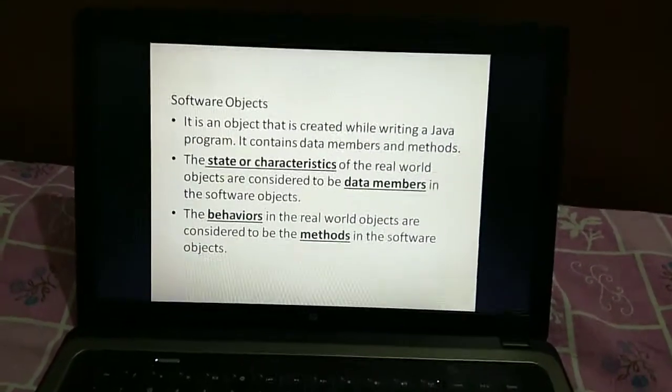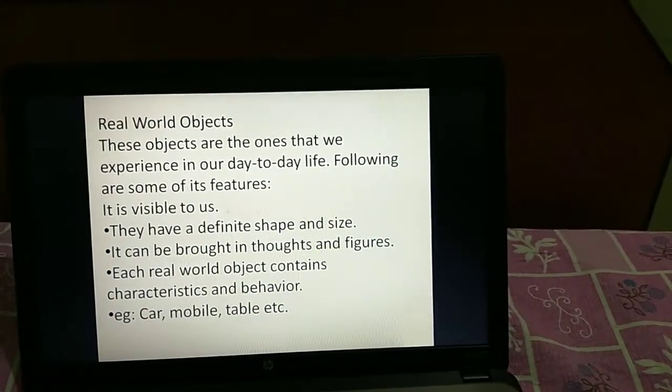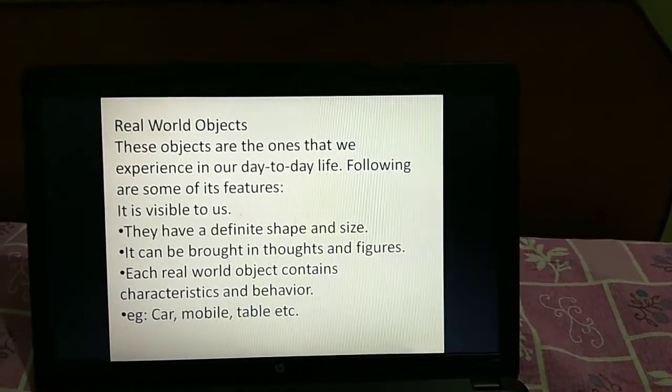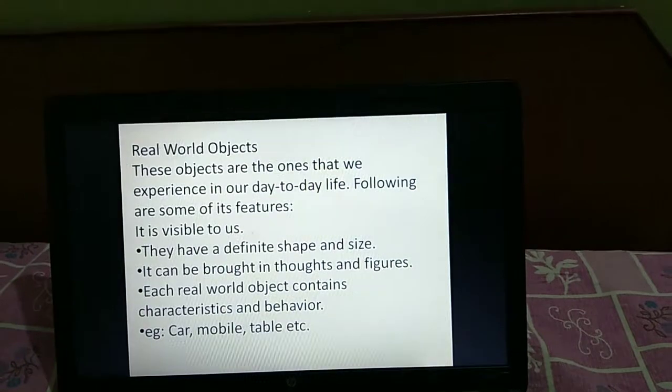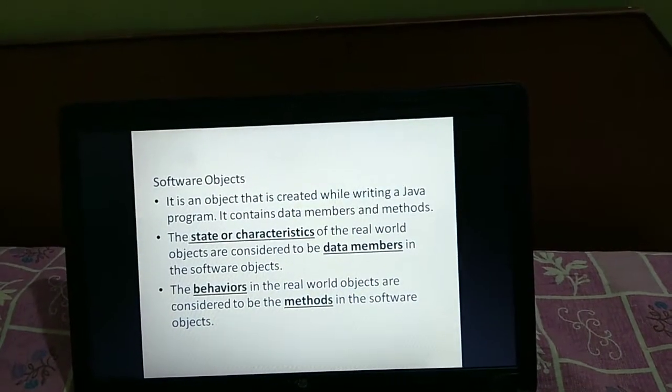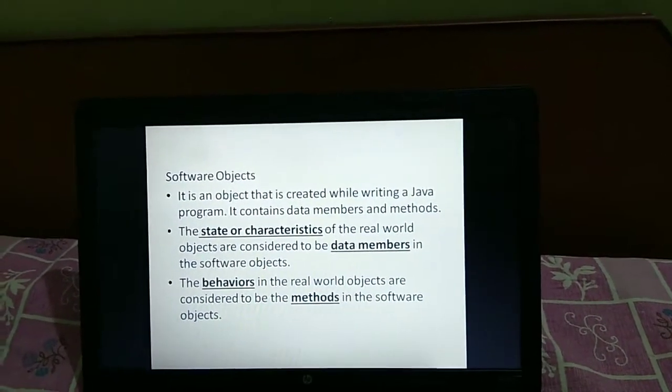Just as a real world object contains characteristics and behavior, the software object contains data members as well as methods.